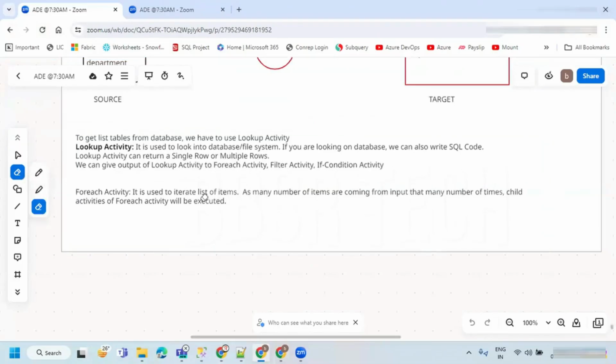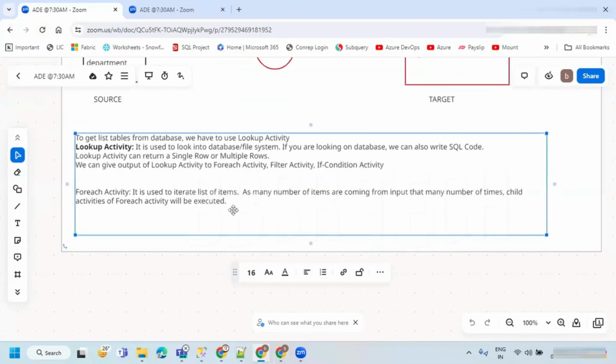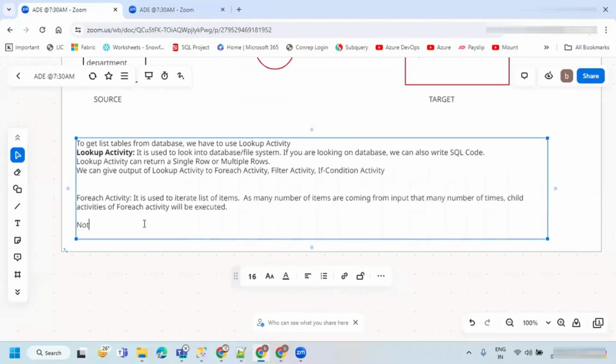At least one activity should be there in the ForEach activity. If you don't have at least one activity, you cannot run it. That's not going to be possible.